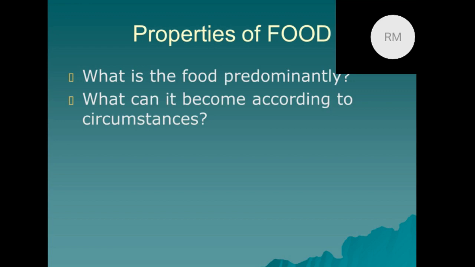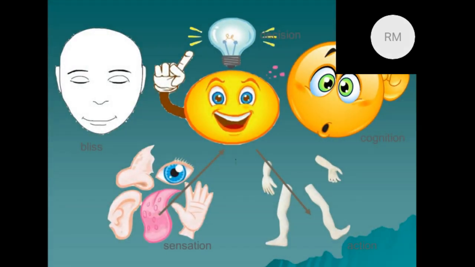We look at a few more points that we say human beings are capable of these expressions. On the one hand, we are capable of experiencing that sense of comfort, that sense of bliss, or that sense of happiness. Unless we are able to find at least a few moments of this inner happiness in our day-to-day lives, we will get depressed and we will get stressed. So it's very important that one part of your being is always trying to get established in that state of inner bliss or balance.